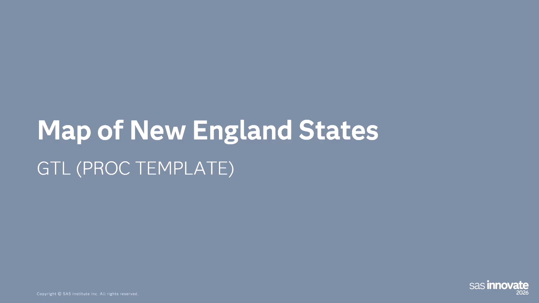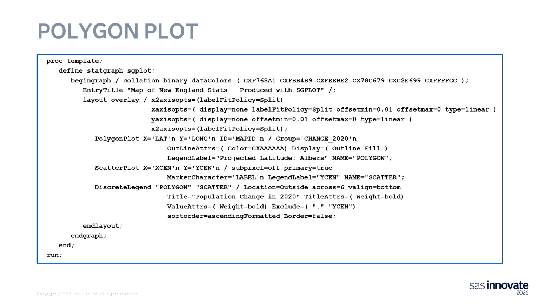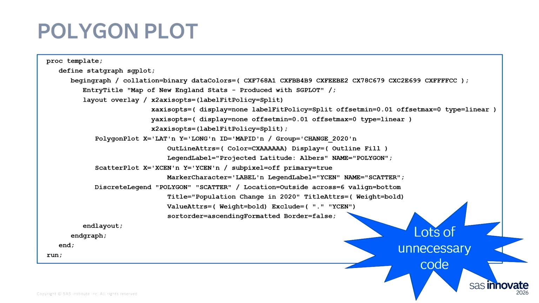And just as we did with the bar chart above, we're going to use the template code generated by PROC SGPLOT with a polygon plot to generate code that can be reused. This is the ugly version. As a reminder, this code is generated by using the TMPLOUT statement that Richann just showed you a little bit earlier. And as we've seen before, this has some extra lines of code